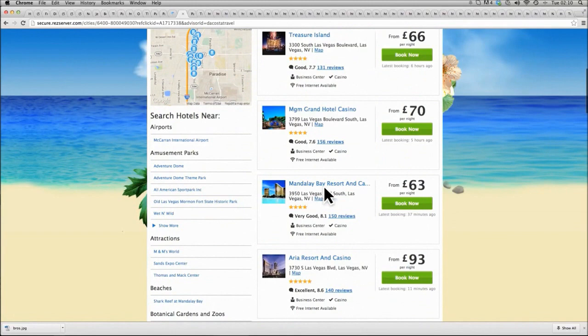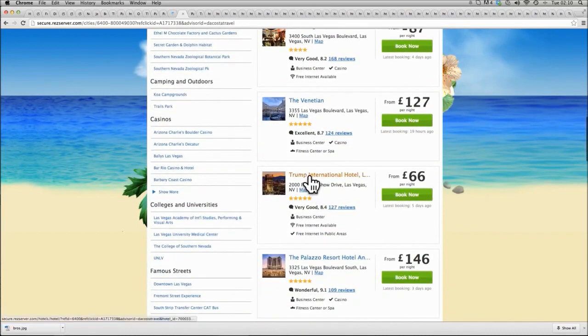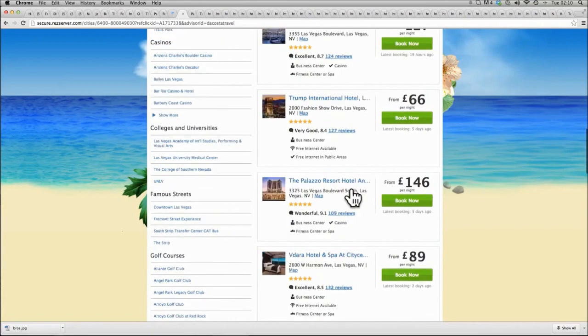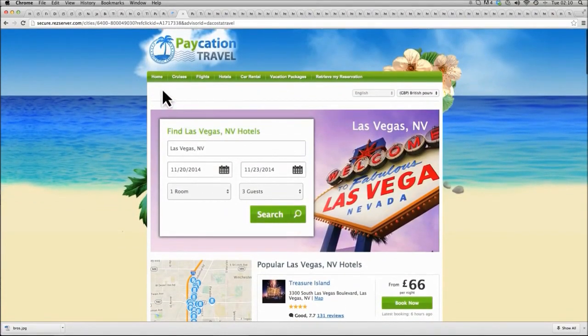Again, Mandalay Bay Resort, amazing hotels, and you can see some of these prices here are stunning, very good prices. If I keep scrolling down, Trump Towers, that is an amazing hotel to stay at. A great five-star hotel, so you can see the prices starting from £66. That's an amazing rate. So if I scroll back up again, that's under hotels. So if I click back,